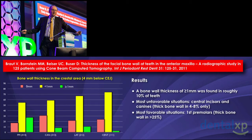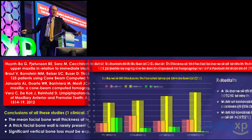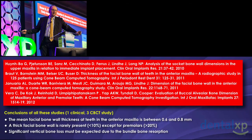So that means in the aesthetic zone, we are most often confronted with a thin wall phenotype. And this is not only in the Bernese group, this is also in the States, because this is a paper by the group of Lyndon Cooper. Same observation. Also in Brazil, you see that's Araujo's group again, where they measured that. And actually, all the studies show that the mean value of the facial wall thickness is between 0.6 and 0.8 millimeter. And this is mainly bundle bone and resorbs within 2 to 4 weeks